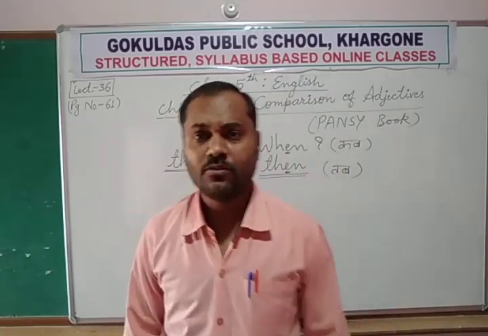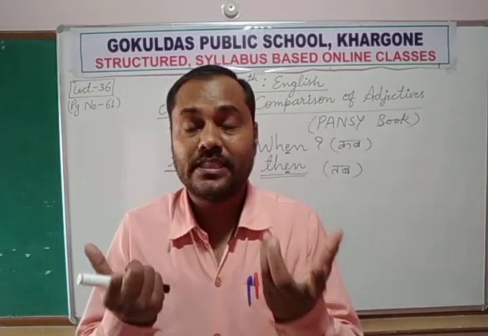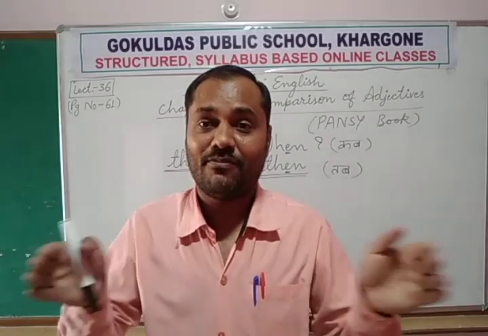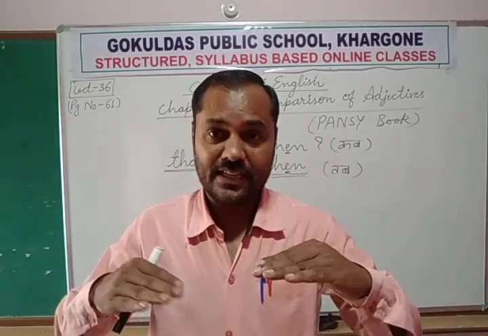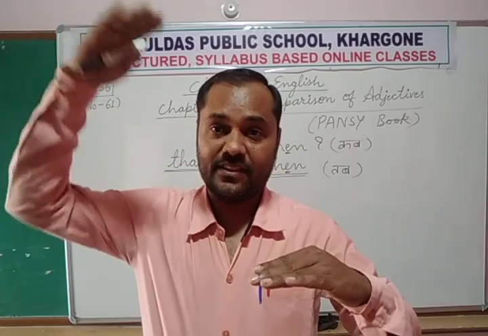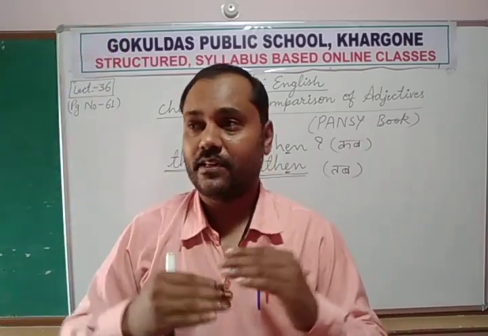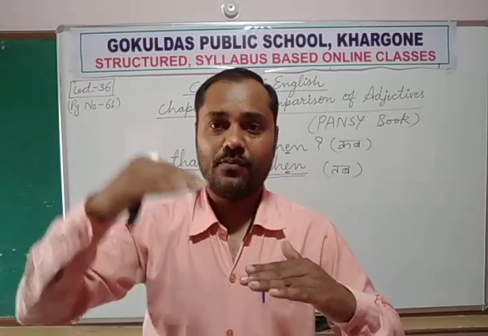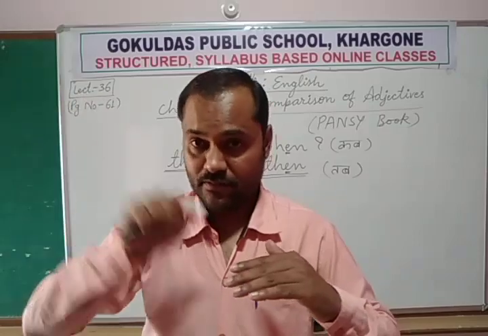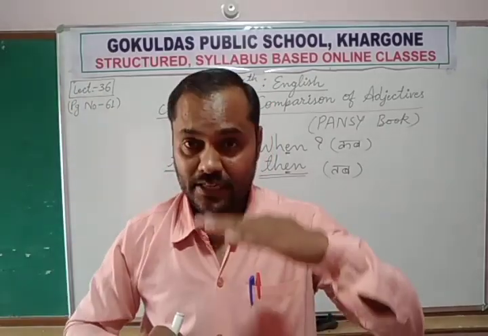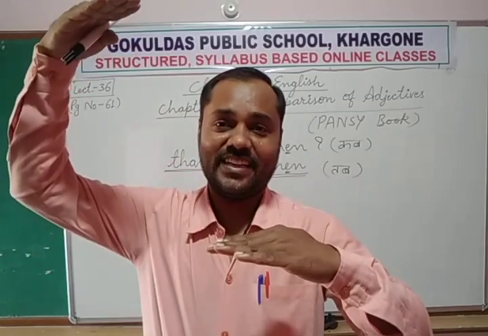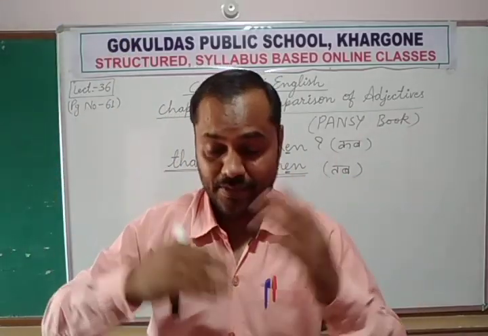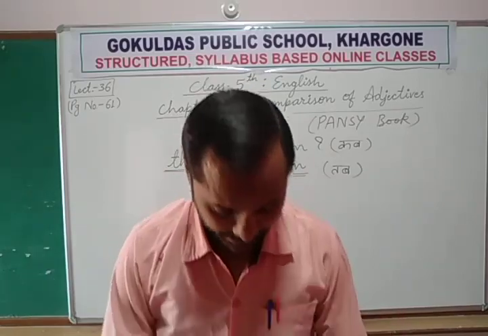Second, don't be confused about this word degree. Degree means measurement, the unit or amount of measurement. Least degree, higher degree, highest degree. This is called degree. Unit, just like 1 meter, 2 meter, 3 meter. So meter is a unit of measurement, just like least degree, higher degree, highest degree. Degree means the amount or the measurement of the quality.